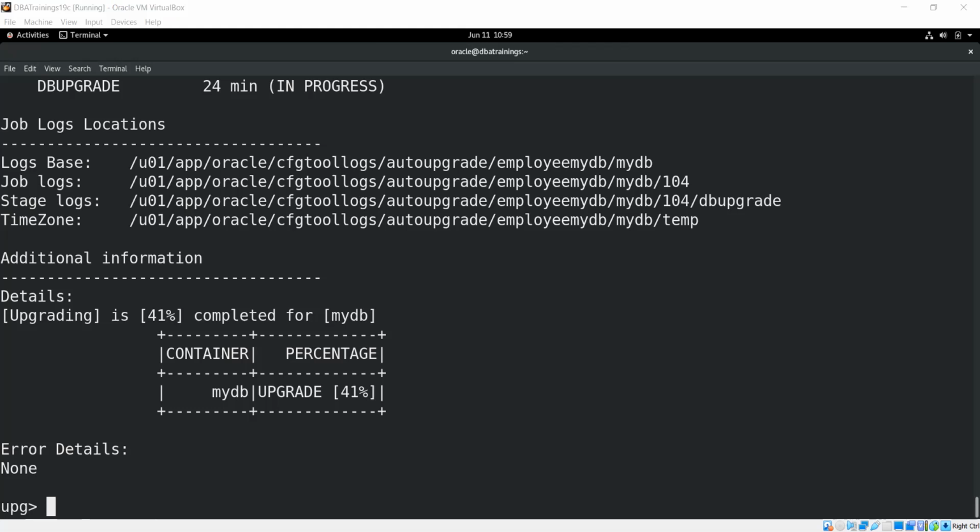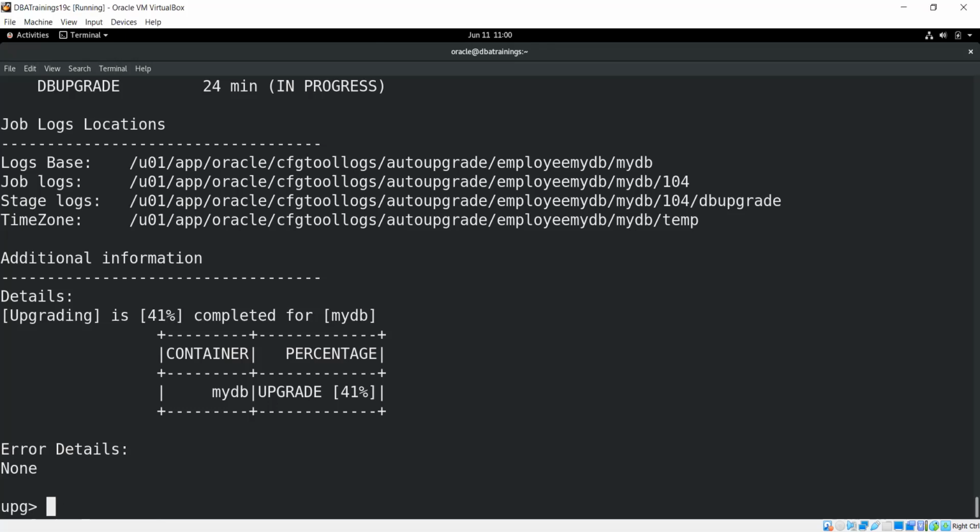It's going on. Yes, the upgrade will continue. Because, see, this is just a response file. The response file has given the signal, and now it has already started. The only thing is that you can't monitor from this upgrade utility.